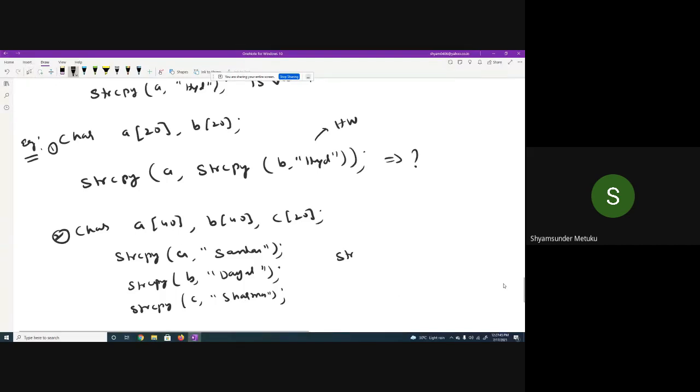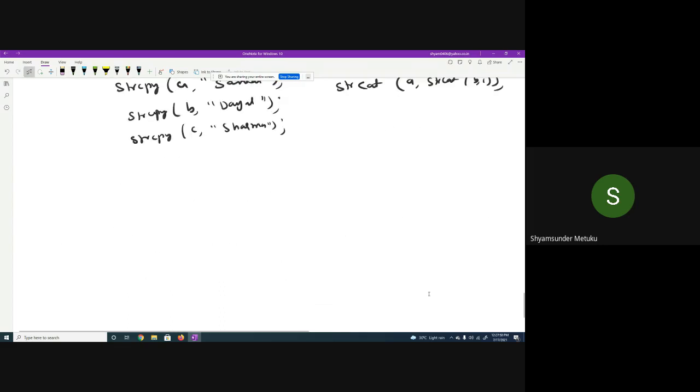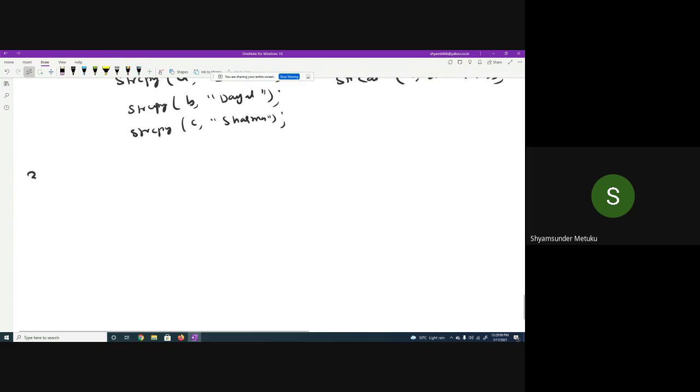This example you can take for the second, the thing which I'm going to explain. So maybe strcat. This is string concatenation: strcat of A, B, C. This also you can try, but for this you need some explanation. I will try to give it here. So the third predefined function will be strcat, string concatenation. It also needs source and destination. Actually, I should not say source and destination. Source 1, source 2. That is how I should write it.